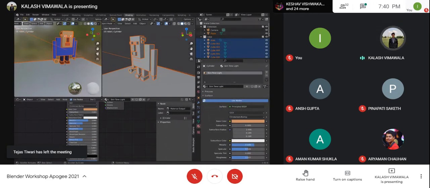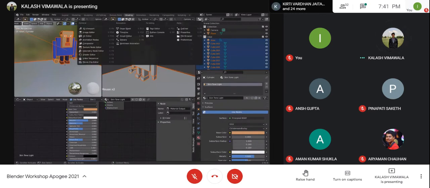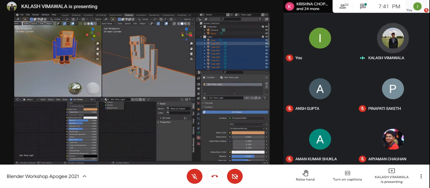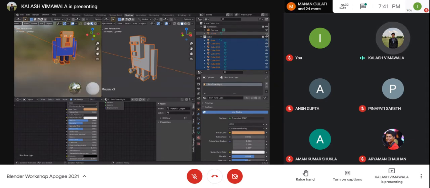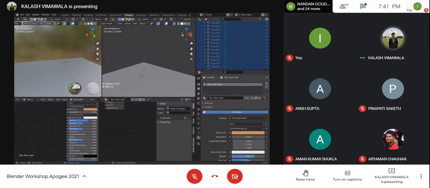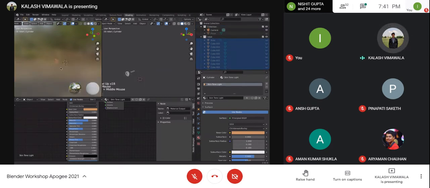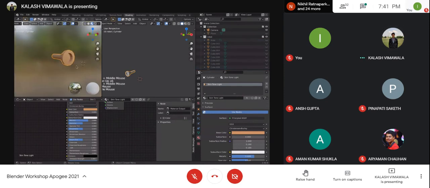You can do the same for singular objects through the outliner that you have. Through the outliner, you can hide or unhide selected objects. So say for example, the plane. I can click on this eye icon over here and it will hide or unhide the object. So I'll hide all the objects, but then simply unhide the cylinder. That is our torch that we have, right? Unhide that. I'll hide the plane as well. So now you only have the torch in the view. Okay. I hope everybody got that.